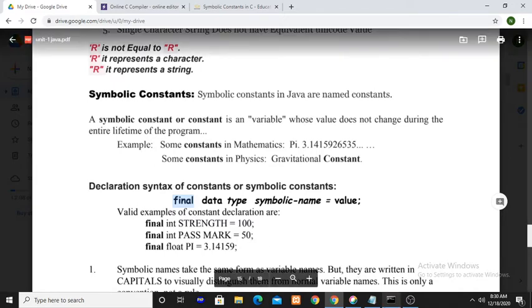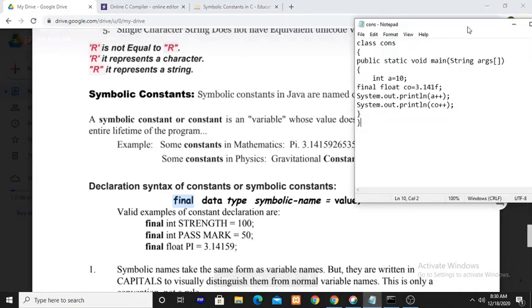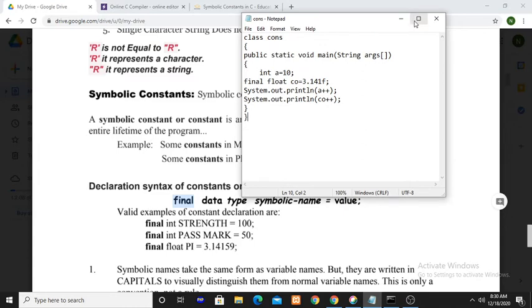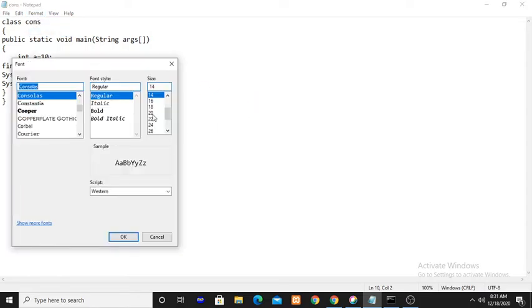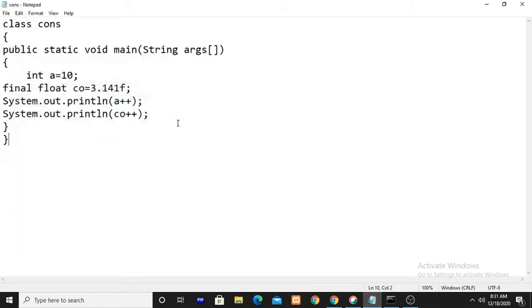So look at one example program here. This is the main class, main method.